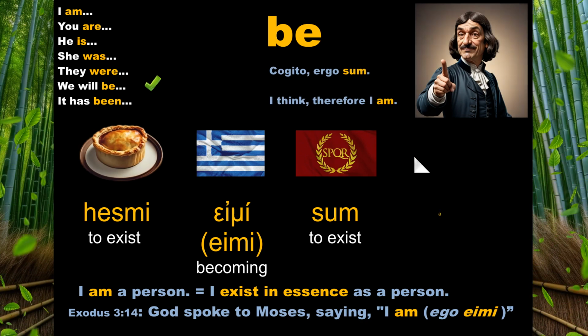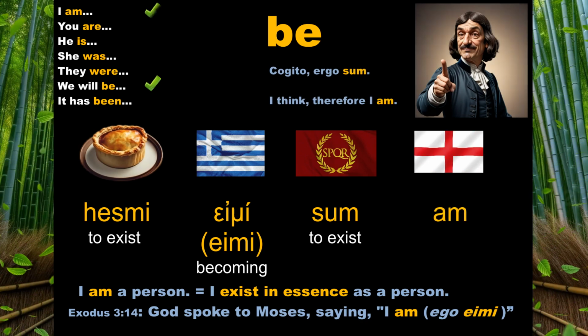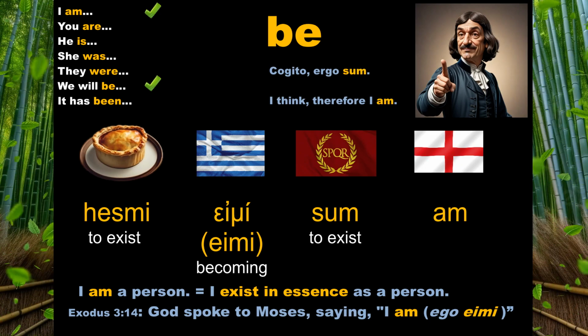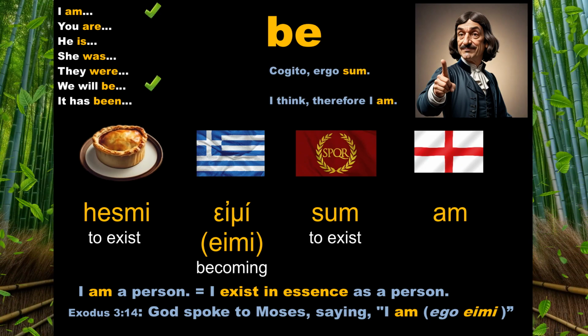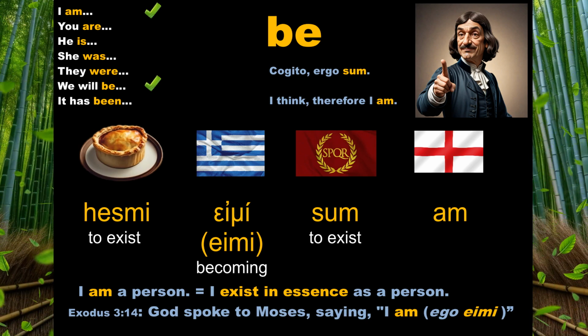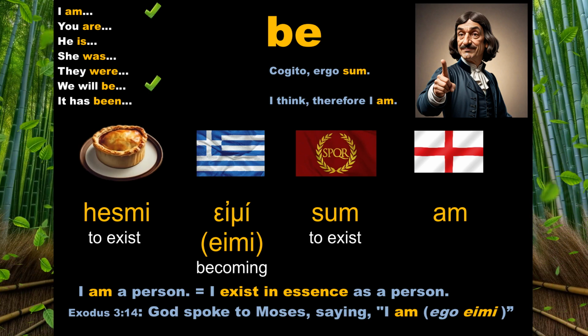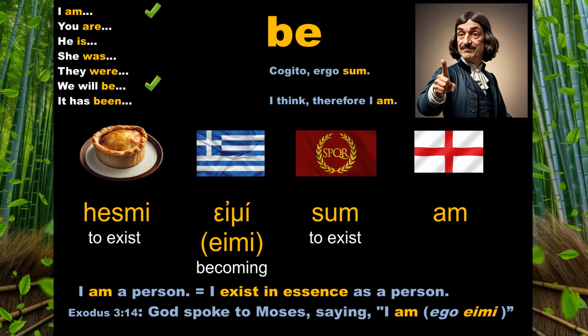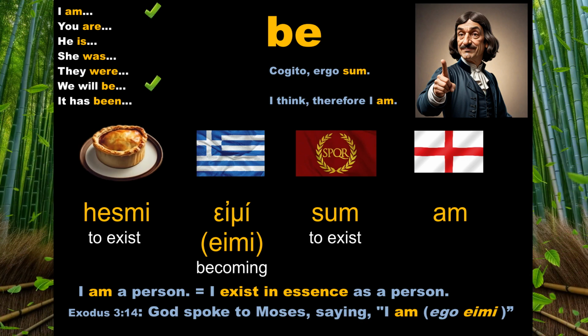This marriage of the word am, meaning existence in essence, to be, meaning existence and growth, made sense, even though they both began as separate words. Now with be as the future and am as the present, the word was still in need of a past tense. The word was